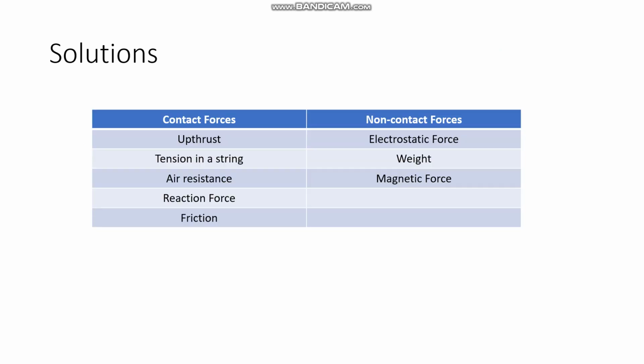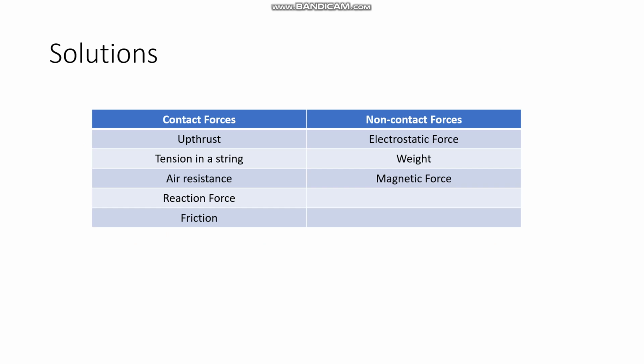Let's look at the contact forces first. Upthrust is the force that keeps you afloat in water, so that water actually has to be in contact with your body, so that's a contact force. Tension of a string, this tension has to be within the string, so it has to be again in contact with the string. Air resistance, the air has to be in contact with the moving body to create the force